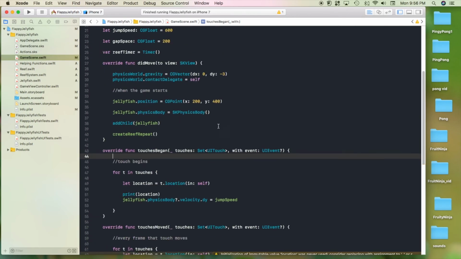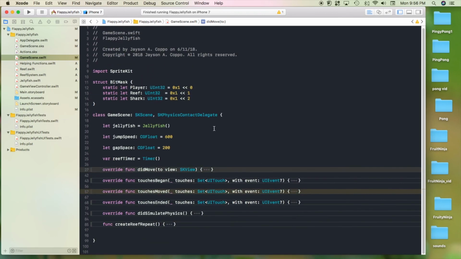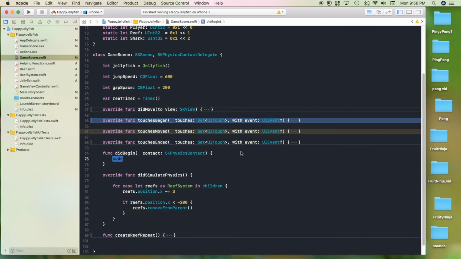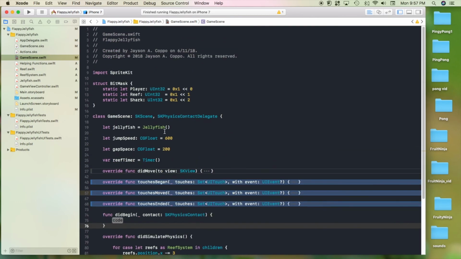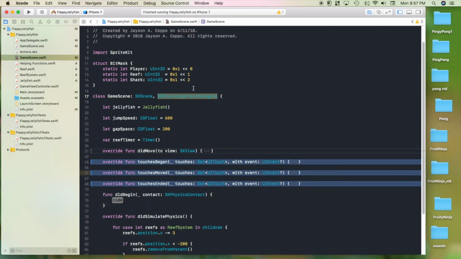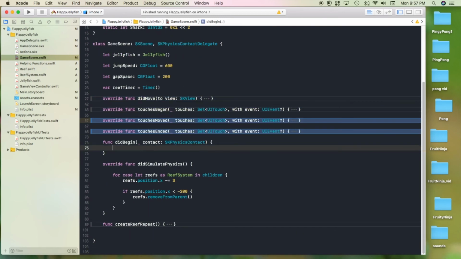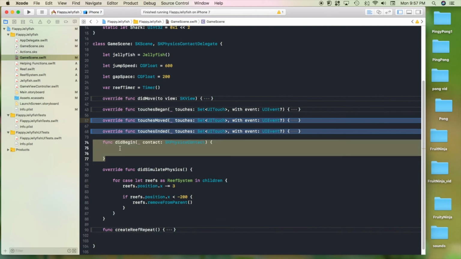Okay, our game scene's getting kind of big. So put the cursor anywhere and hit Shift, Option, Command, left arrow. Now we fold in all of the functions so we can see them better. Okay, right before didSimulatePhysics, we're going to use one of the built-in functions called didBegin contact. The reason we're able to use this is because up here we made GameScene conform to SKPhysicsContactDelegate. So now anytime anything collides with anything, this is called, and it's up to us to handle